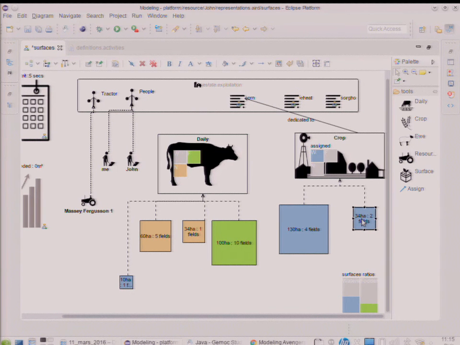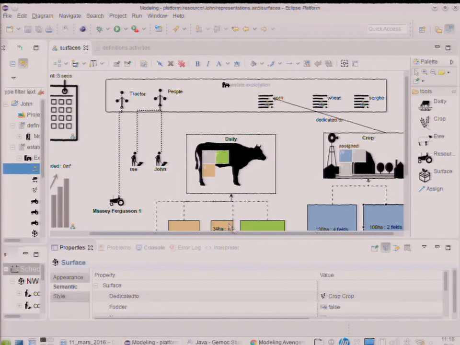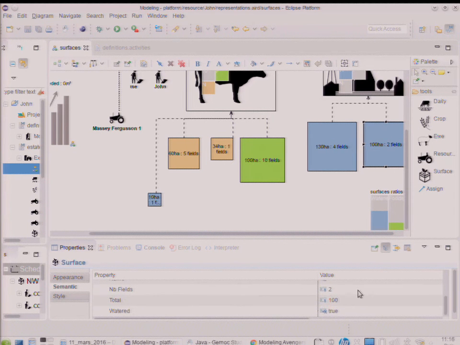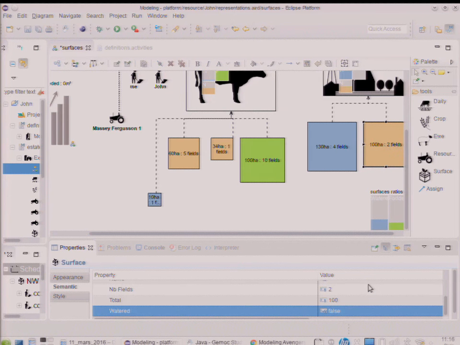Here, if, let's say, I just change the size of the field, the size of the shape is going to be updated accordingly, so that I can really see at a glimpse which fields are the biggest. If, for instance, this field is not watered, then the color is going to change.